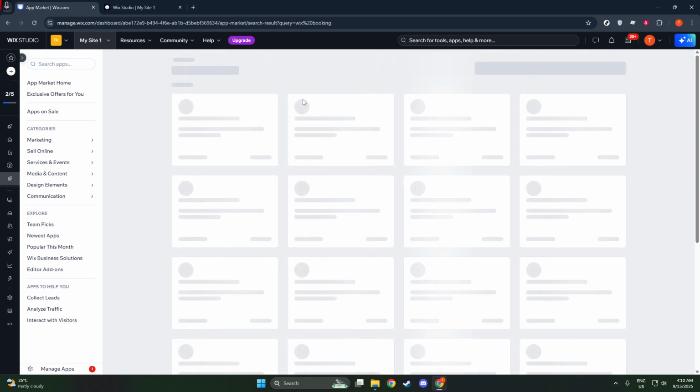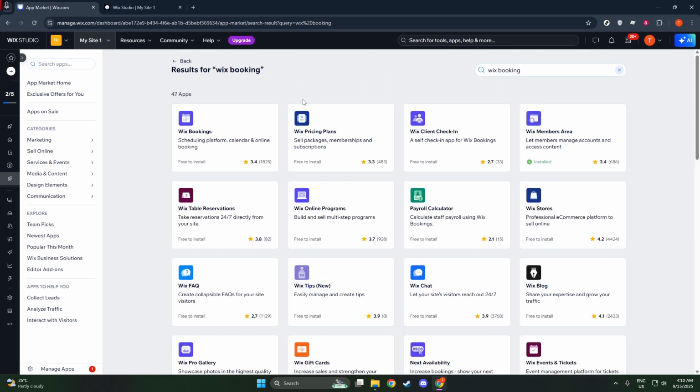Whatever customization options Wix offers here can include changing the color scheme to match your website design, updating the font styles to keep it cohesive with your branding, or adjusting the layout to make it as intuitive and user-friendly as possible. Remember, the easier it is for your clients to navigate and book, the better experience they'll have, which will